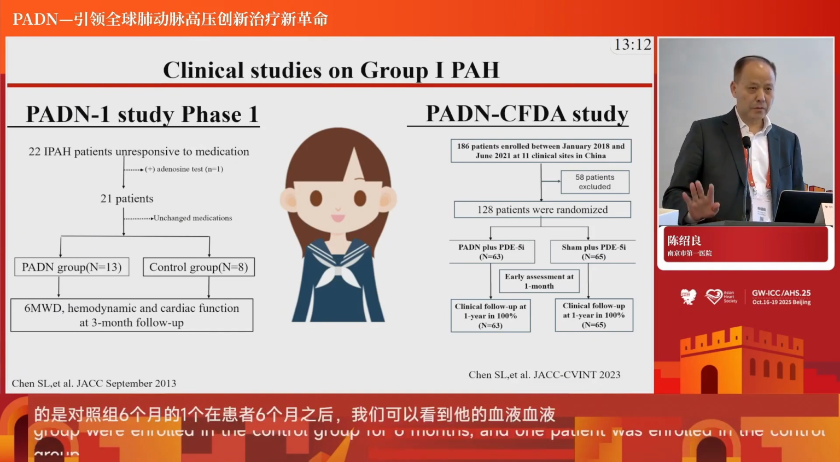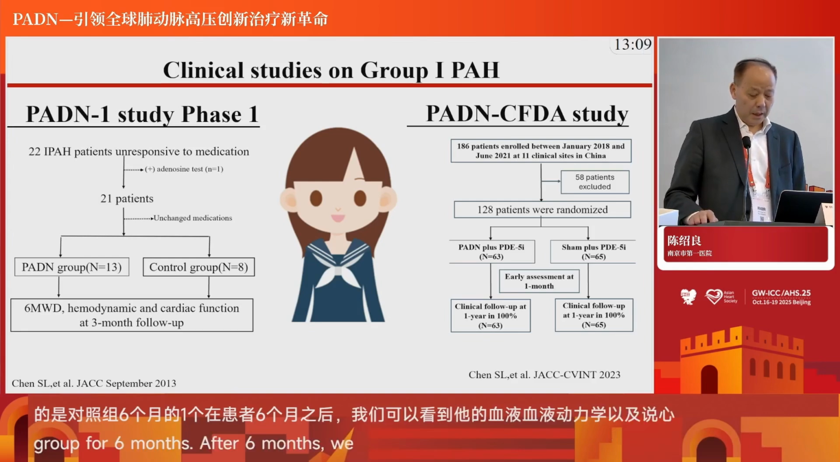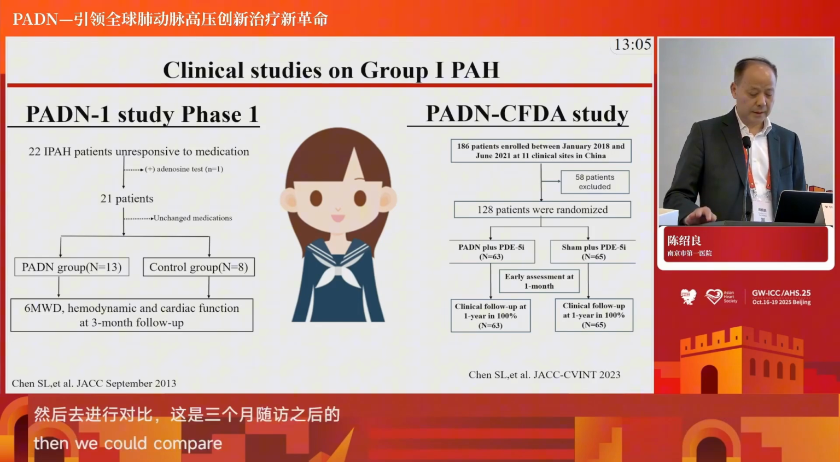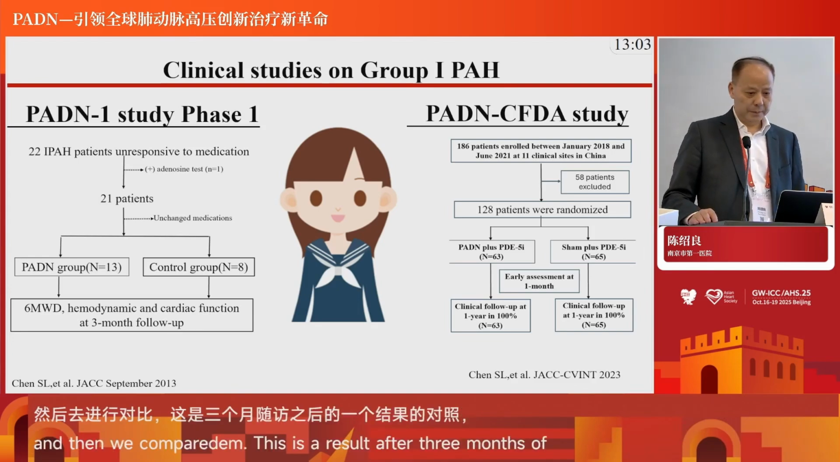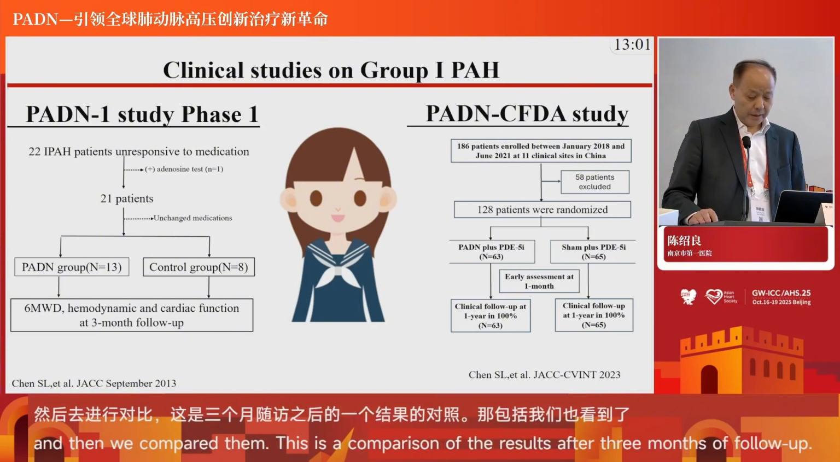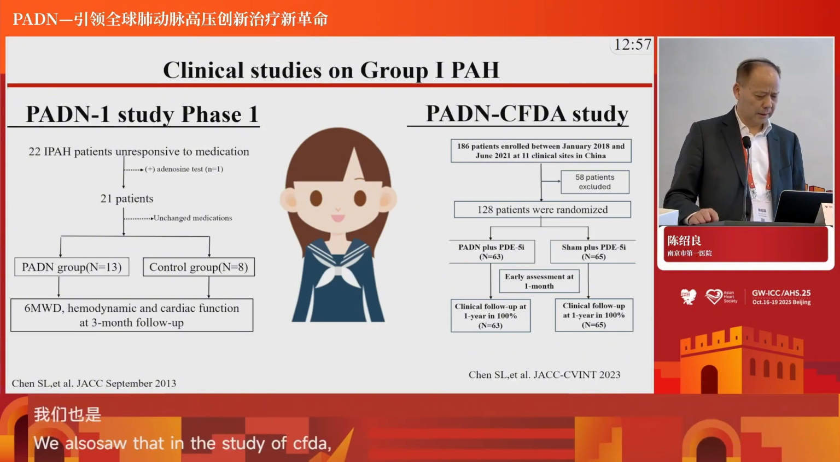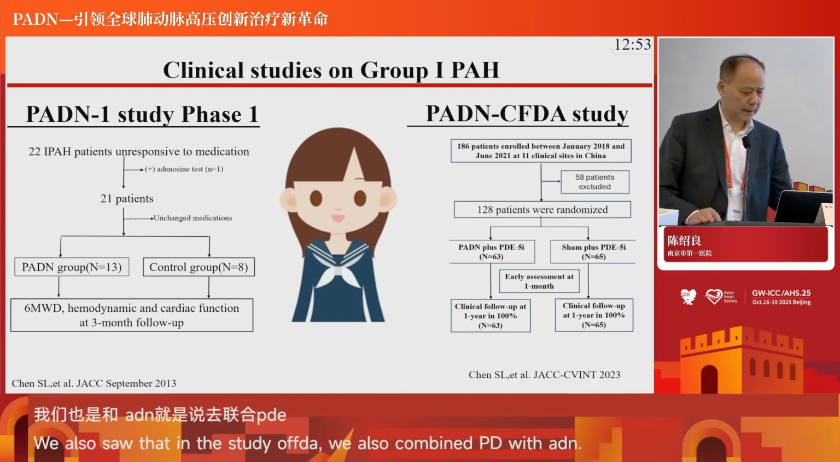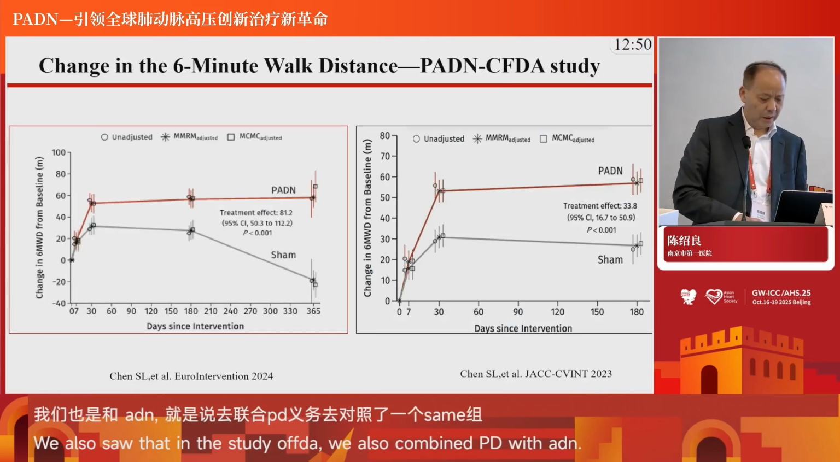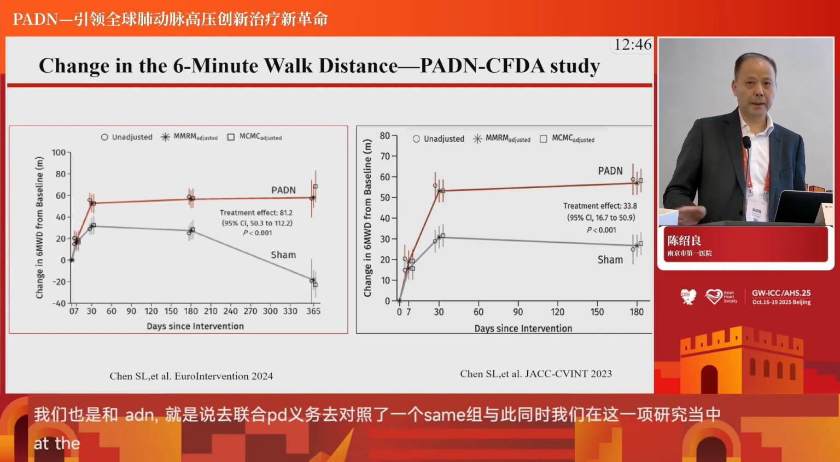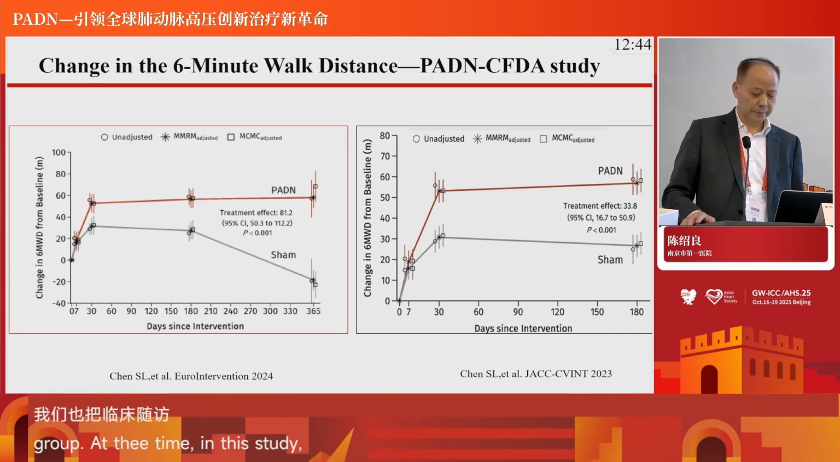So patients were randomized to PADN plus PDE5 inhibitor compared with the sham procedure plus the PDE5 inhibitor. The primary endpoint was the 6-minute walk distance change at 6 months follow-up, but we also extended our clinical follow-up to 2-3 years. Basically, for the primary endpoint on the right panel, you can see by 6 months follow-up